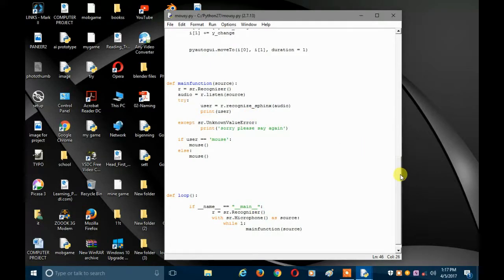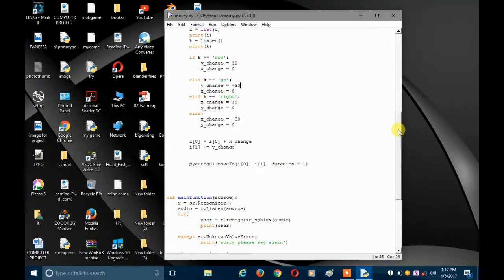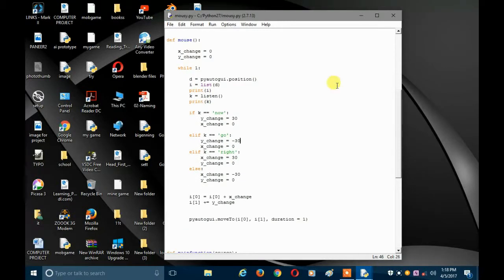But in this video you just have to concentrate on this mouse function, because the main motive of this video is to make you understand how you can use the mouse function, and how you can create your own mouse function. Okay, so let's do this. And remember guys that if it does not understand me correctly, then it will just change the mouse position towards the left by 30 pixels, because I have written here else. Okay, so let's